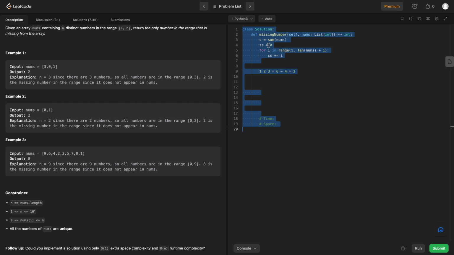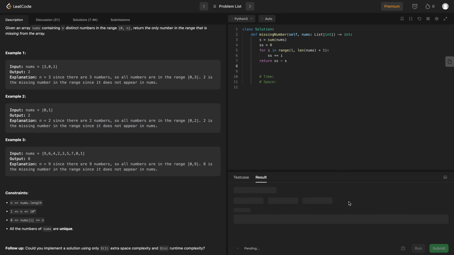So let's get rid of this, get rid of some spaces, and put a return statement in here. So what are we returning? Well, we need to return ss minus s. Let's run this. Okay, pass all 3 test cases, submit,